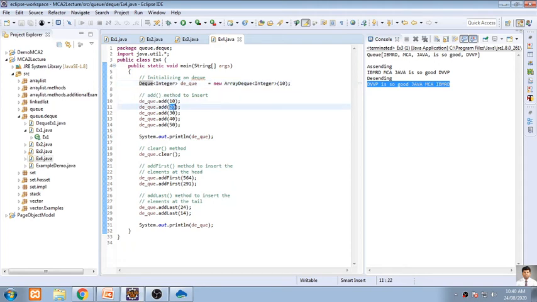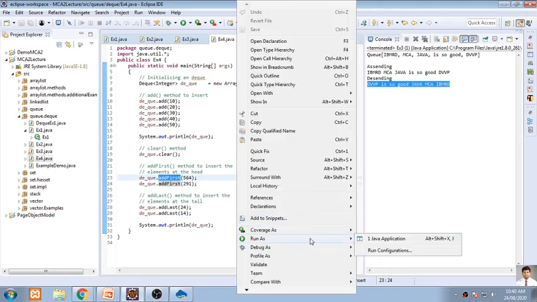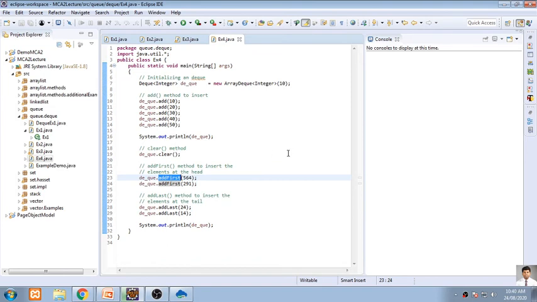First 10, 20, 30, 40, 50 are being added by using the add function directly, no first and no last. Then we have displayed this queue, and I have used a function called clear. So now this will be cleared, and there will be nothing in this queue. We have added and we have removed. Then I have used addFirst with 564, and addFirst again with 291. The same way I am using addLast twice in this class. If we are using it twice, there is no issue. There is no problem writing code with addFirst and addLast multiple times.